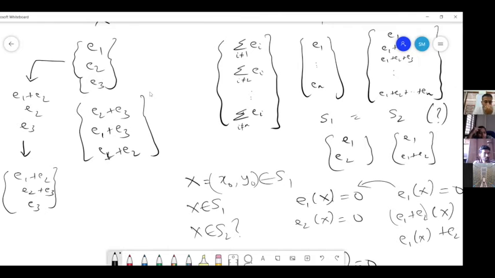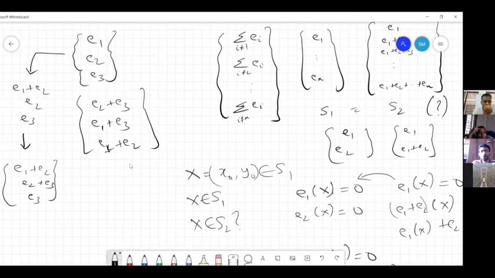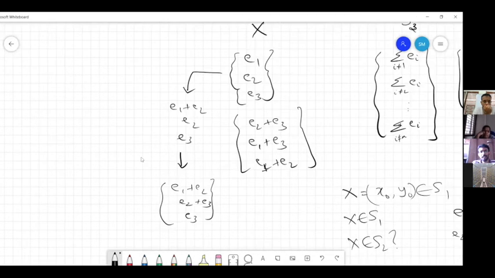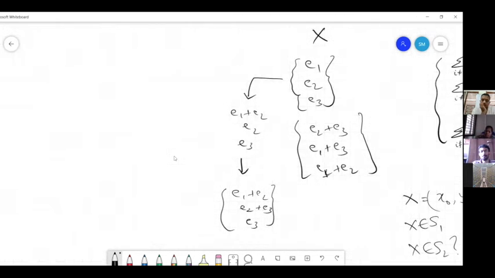Okay, so at this stage, I will show you one transformation. You let me know if it preserves the solution space or not. Say we have E1, E2 till En. What I will do is, instead of replacing E1 by E1 plus E2 or E1 plus Ei, can I replace E1 by E1 plus K times Ei? K is a number. And the rest are all the same. Is it clear now?